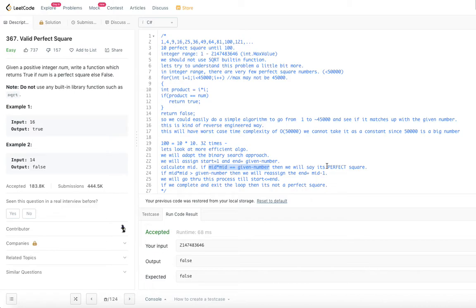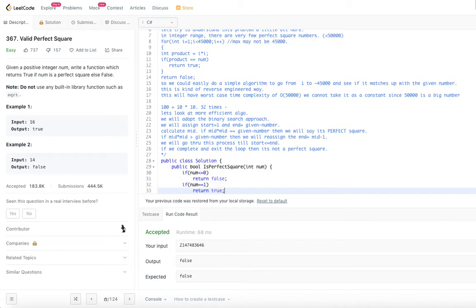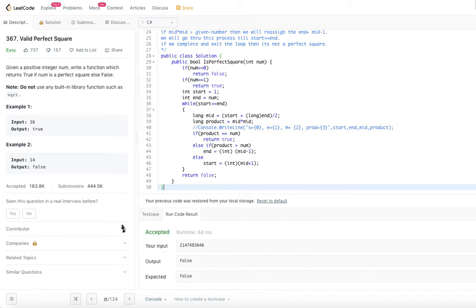So let's try to implement this algorithm. I have the code written down here. If the number is less than or equal to 0, just return false. And if the number is equal to 1, return true. So we don't have to really check for 1 or less than 1,